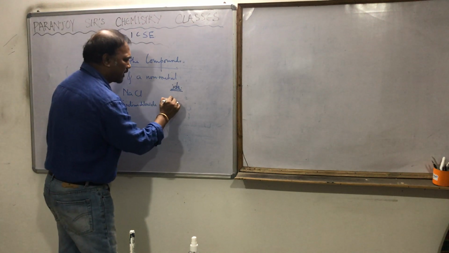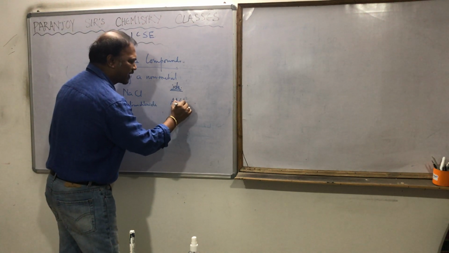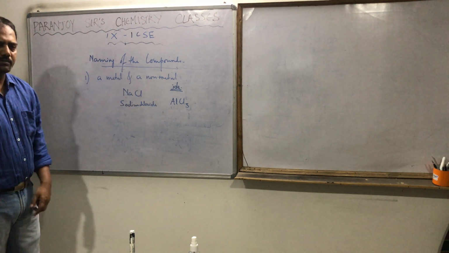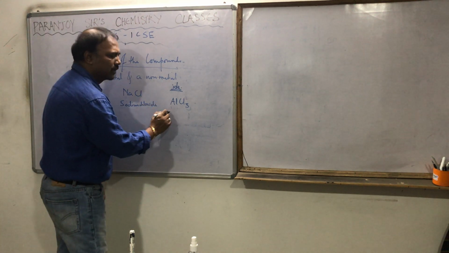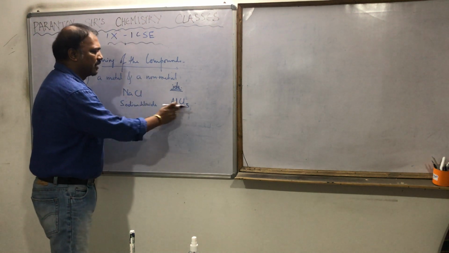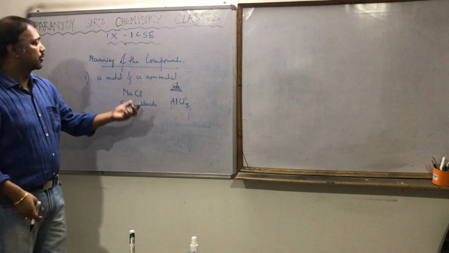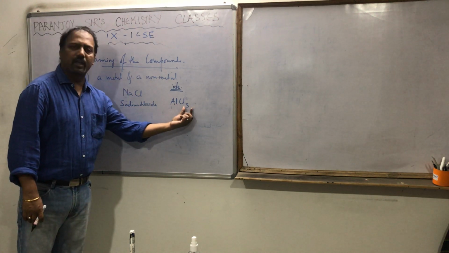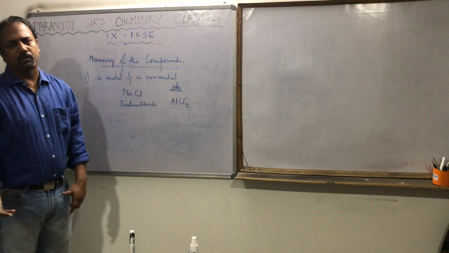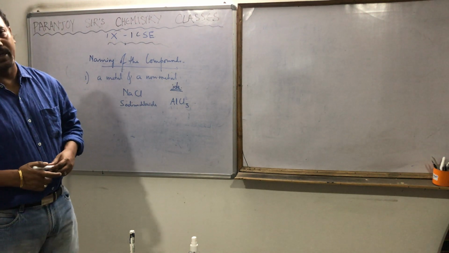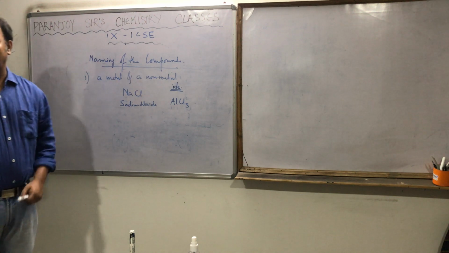What should be the name of this? Tell me. AlCl3. So Al is aluminium. This is aluminium chloride. Why? Because it doesn't matter how many numbers are there. To be perfect, we should say sodium monochloride, aluminium trichloride, but if you say aluminium chloride, it's perfect. That's when a compound is formed by a metal and a non-metal.